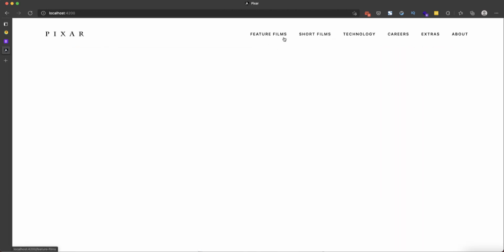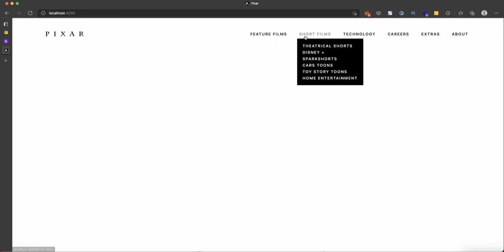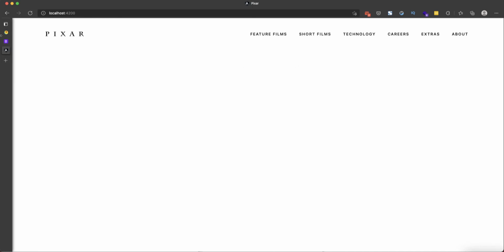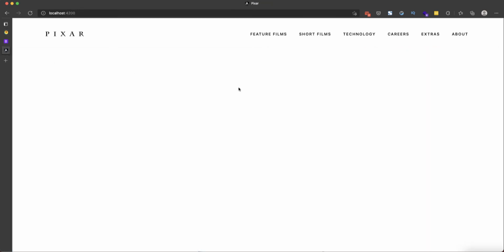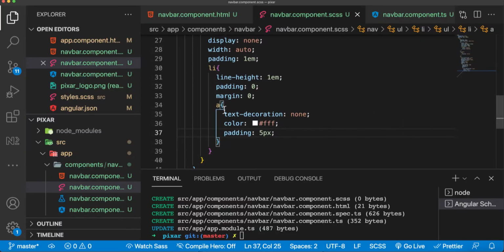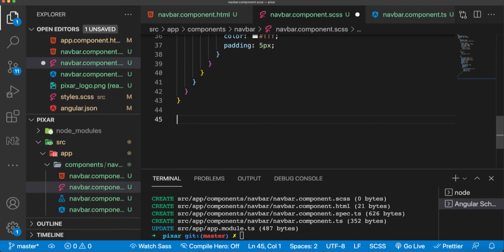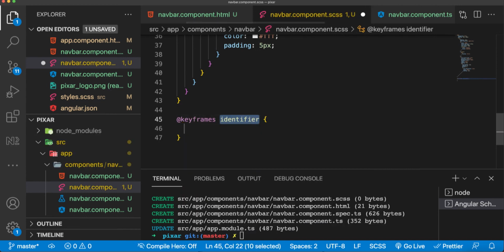Okay, the next thing we have to do, as you can see, the transition on our sub item here doesn't look the same as the one we have on the Pixar website. So it is going from the bottom and appears here. So to create that effect, we're going to create some kind of CSS animation here. So what am I going to do? I'll create somewhere here keyframes, and the identifier would be, let's say, fade in bottom nav